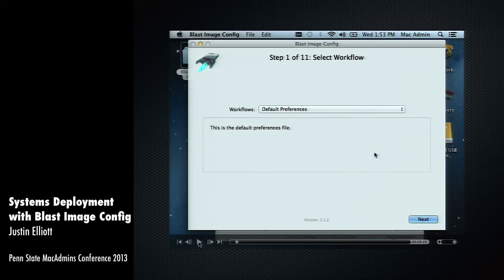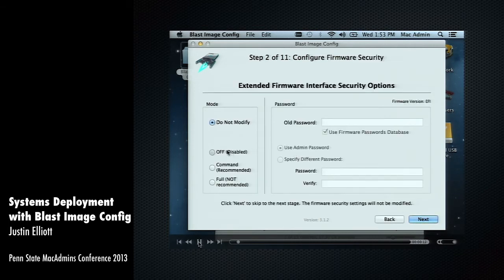The default preferences is the default workload that it ships with. It has to have one to start with, and you can manually edit that, but it doesn't. Auto run is turned off and has very safe defaults so that you don't lock yourself out of your machine and enable firmware security and you don't remember what the password is. It's a very safe setting to start with. If you click next, this would be the stage where you want to change the BIOS,